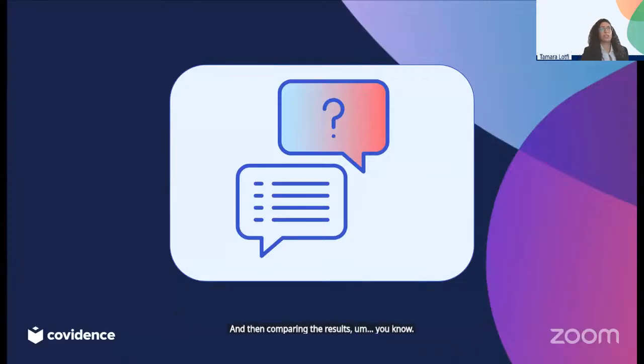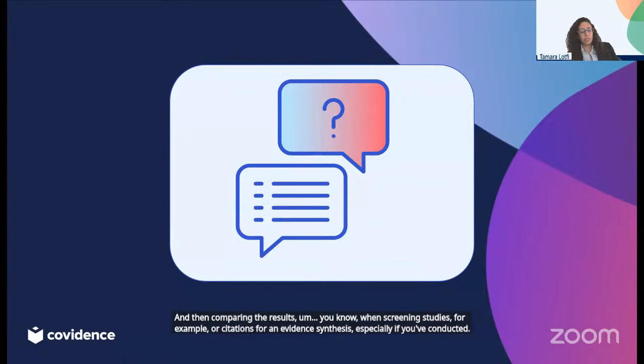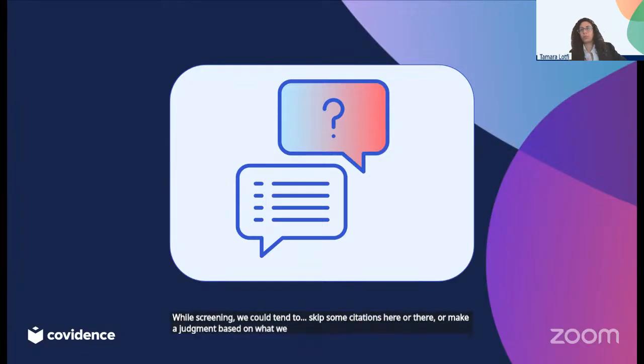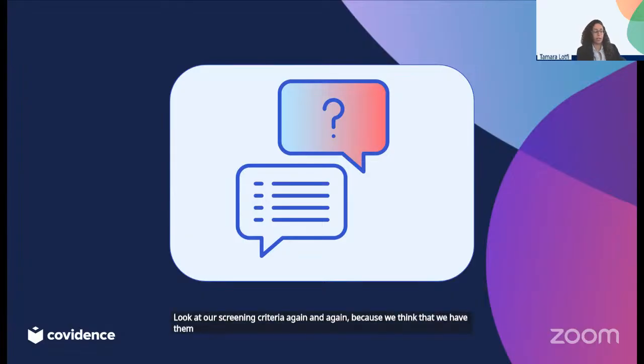When screening studies, or citations for an evidence synthesis, especially if you've conducted a search that has led to 15,000 records, for example, while screening, we could tend to skip some citations here or there, or make a judgment based on what we thought is right, forget to look at our screening criteria because we think that we have them very clear in our head.